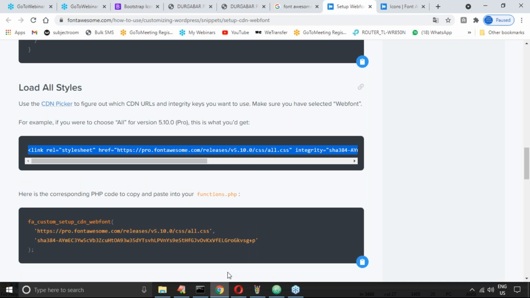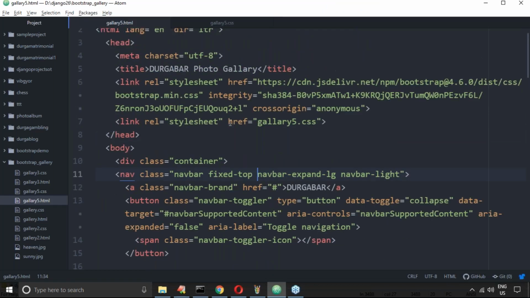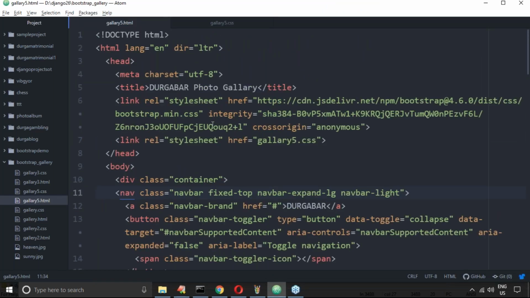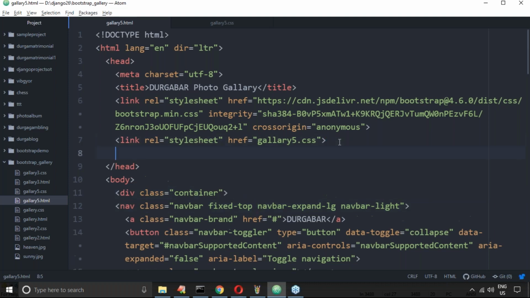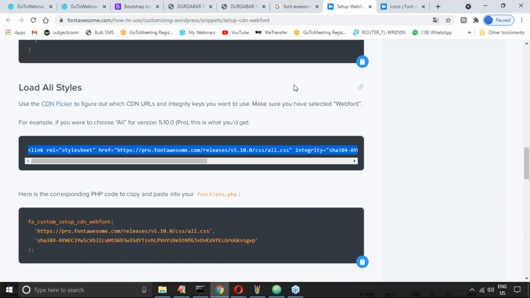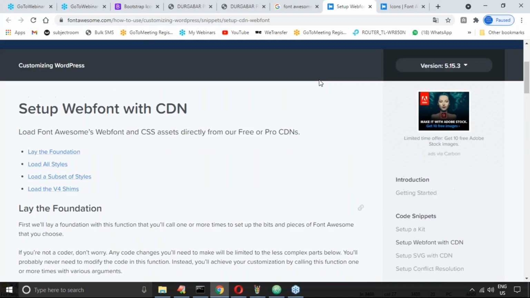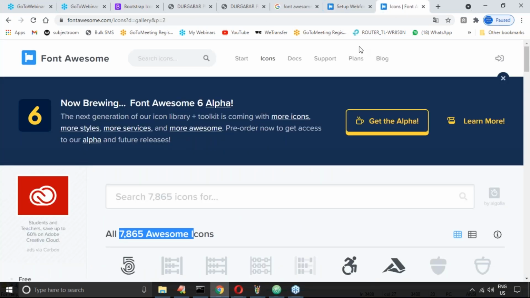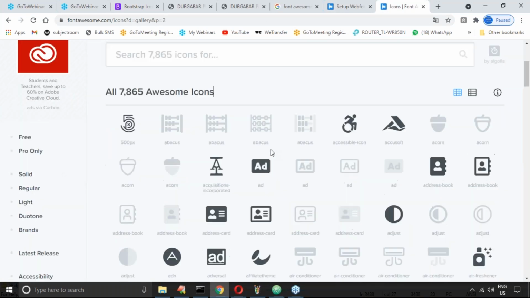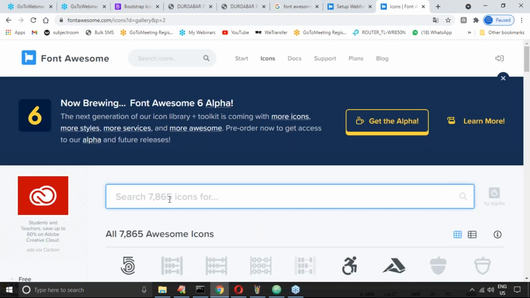Where do I have to take the CDN, inside head or body? Let me take it inside head. First we need to copy the CDN, and then, here the icons are there, right? Which icon do you require? I require the camera icon.